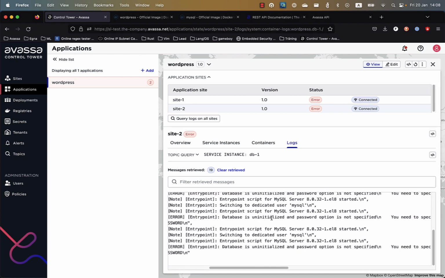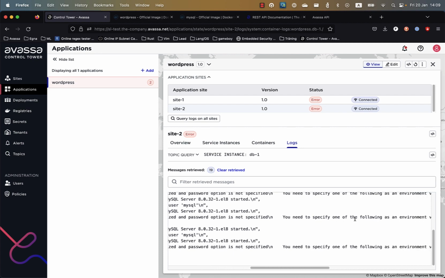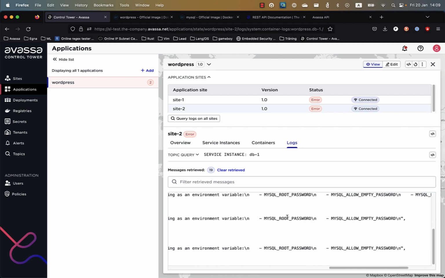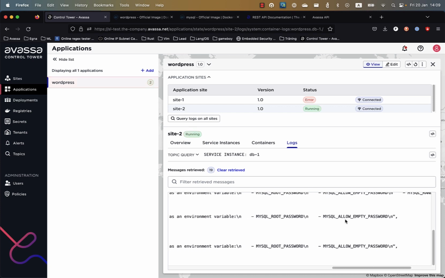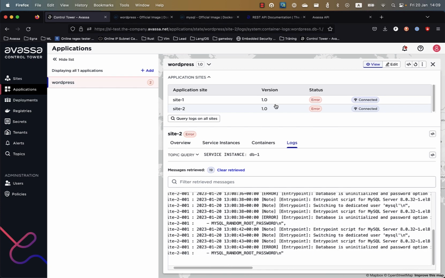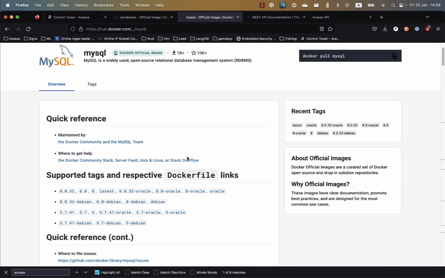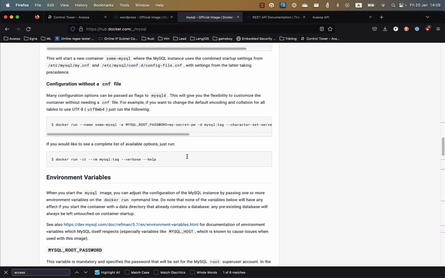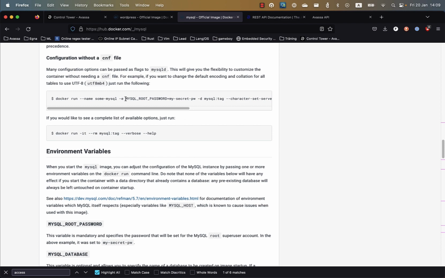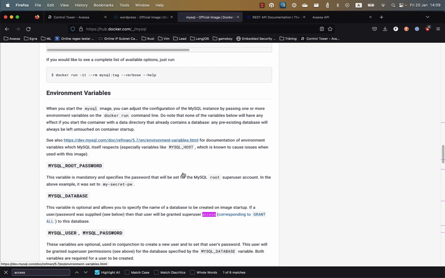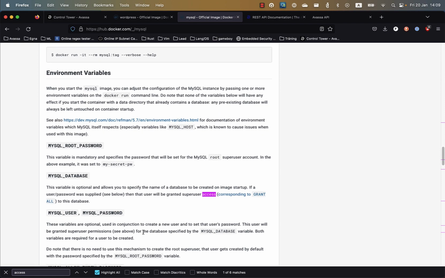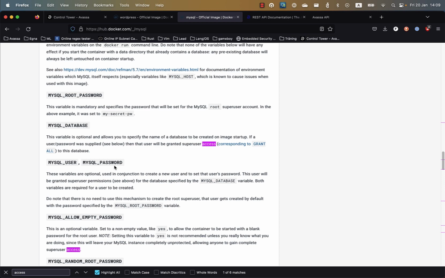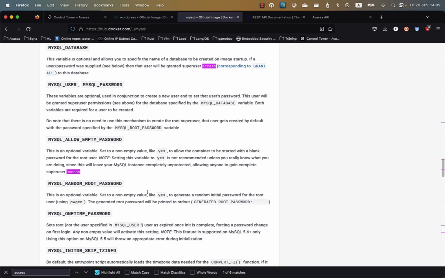Okay, so database is uninitialized and password option is not specified. You need to specify one of the following: root password allowed. Okay, so MySQL needs more configuration to start. So let's go to the MySQL page here, and if we scroll down a bit, we can see that we need to pass in a few things like a password, the name of the database, a user, and a password that we're going to use from WordPress to access this. So we're going to set all of that up,